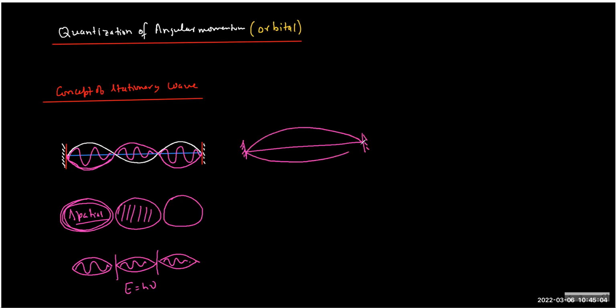So this is the simplest mode of oscillation, just one loop. It can have two modes of oscillation, the second mode like this. The third I have shown on the left side. Then it could be 4, 5, 6, or it could be infinite. The mode of oscillation is tied to the frequency value. So as the frequency increases, the mode of oscillation will increase, and you can see multiple loops in the standing wave. And the more the frequency, we can also say there is a lot of energy confined